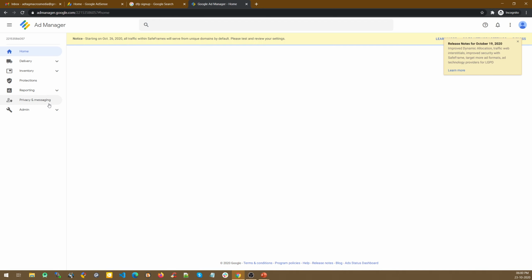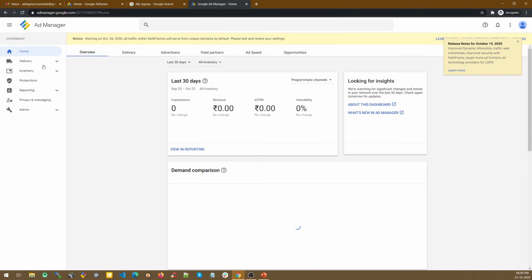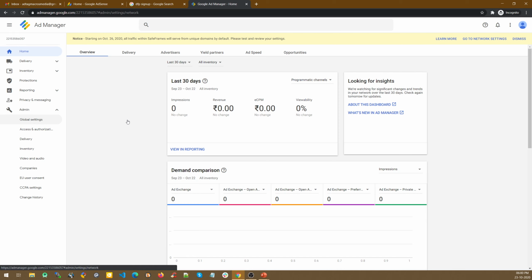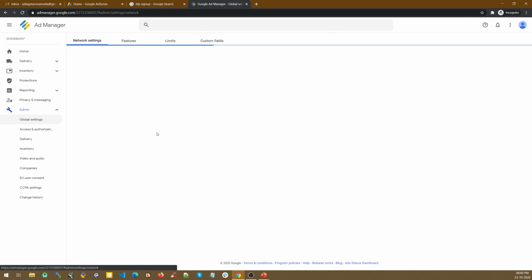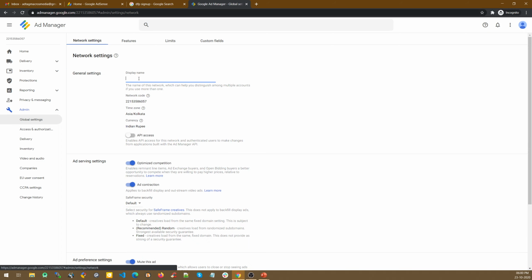Once this is saved, that's it. Now I have my Google Ad Manager account fresh. This is the option that I'm currently seeing. As you can see, this is my network code, which is kind of a reference point, or a reference account number you can say, of Google Ad Manager, which is usually referred to. Now if you go to admin settings, I will change the name of the Google Ad Manager account. You can let it load. Here the display name I will put as Ad Tag Macros.